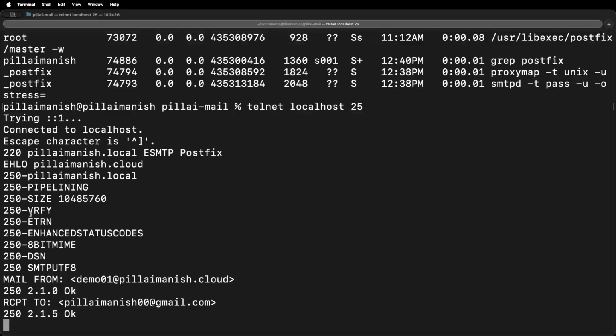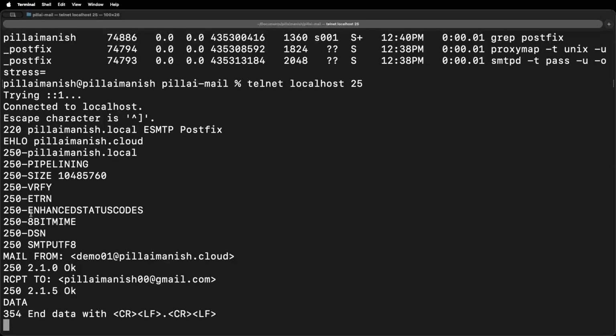Now I have to send my data to the recipient, so I can put something like DATA, enter. The server is now ready to receive the actual message body. After I put my message, and the actual body is done, I have to end it with a dot. So let me type my message manually.